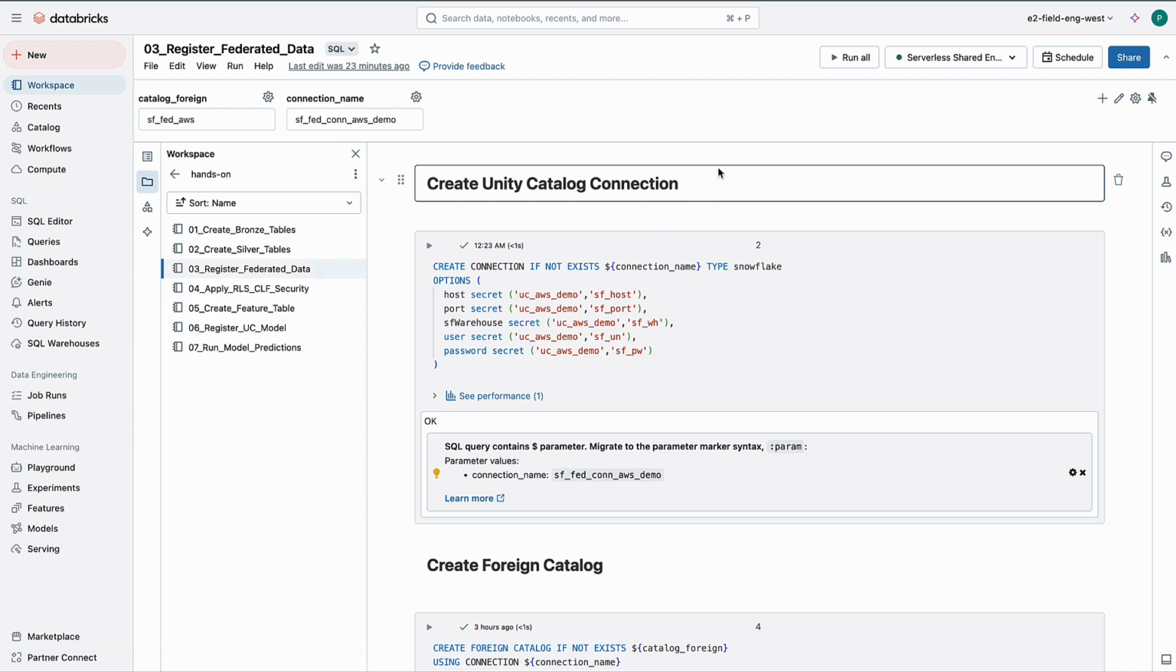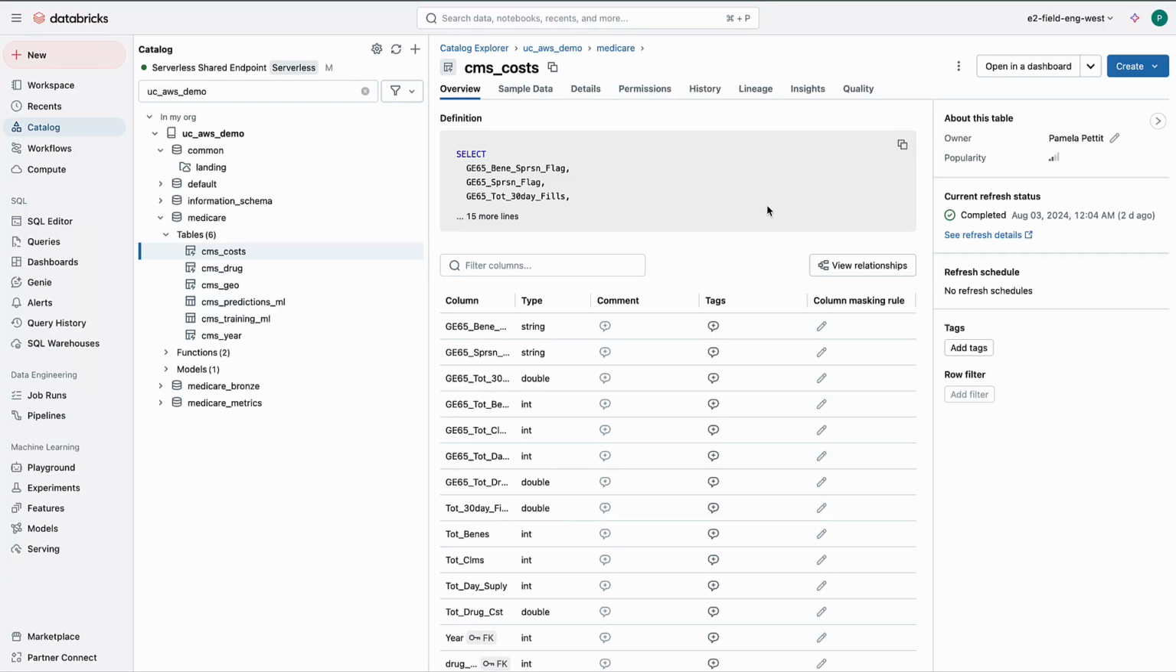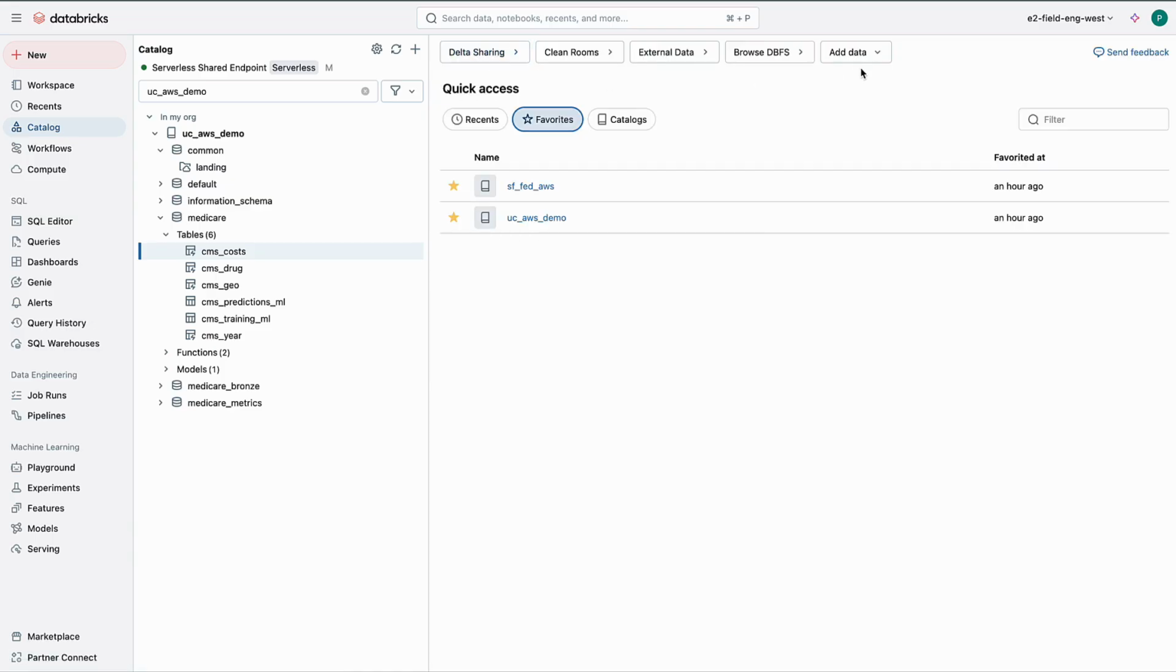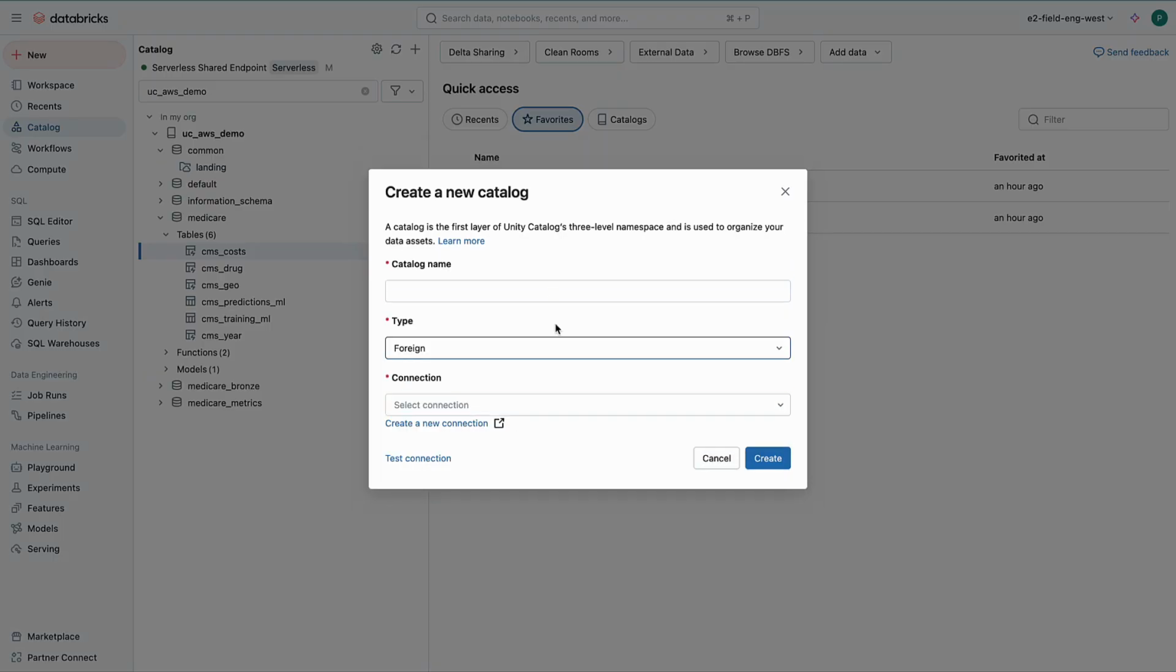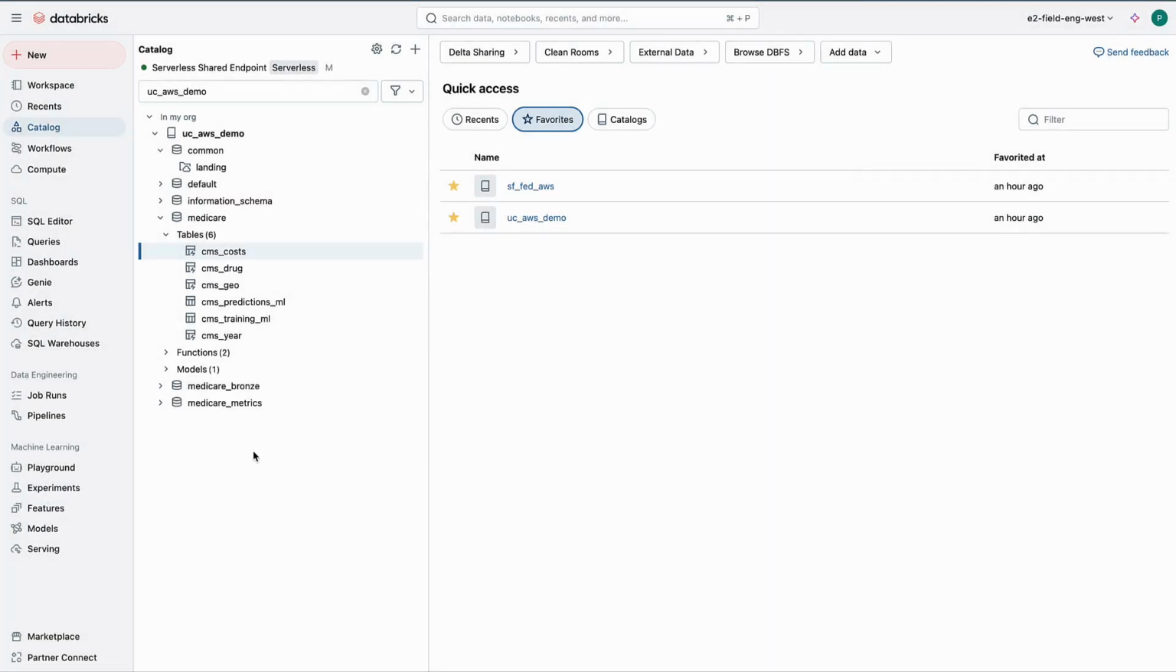So directly within my UI, if we pop back here for a second, if I go back to my Catalog Explorer and I add a catalog, remember previously we created a standard catalog, but I can also create a foreign catalog. And a foreign catalog allows me to leverage connections to upstream sources to be able to have federated access to them and view them just like any other Unity Catalog